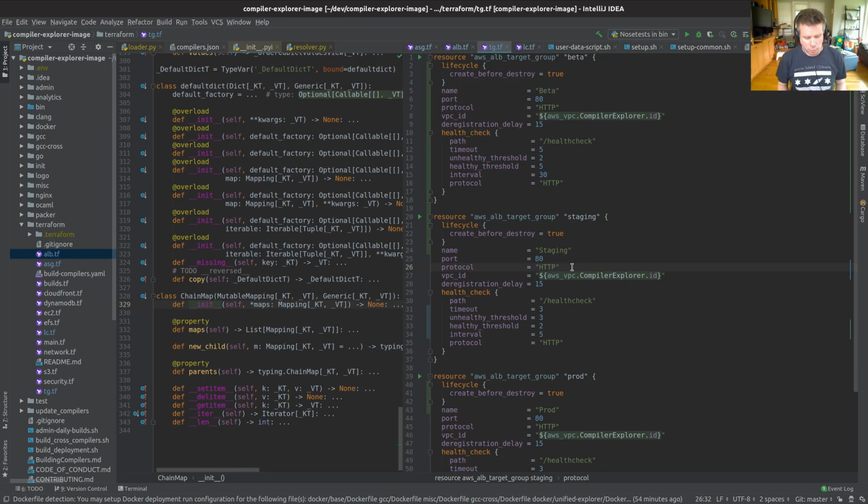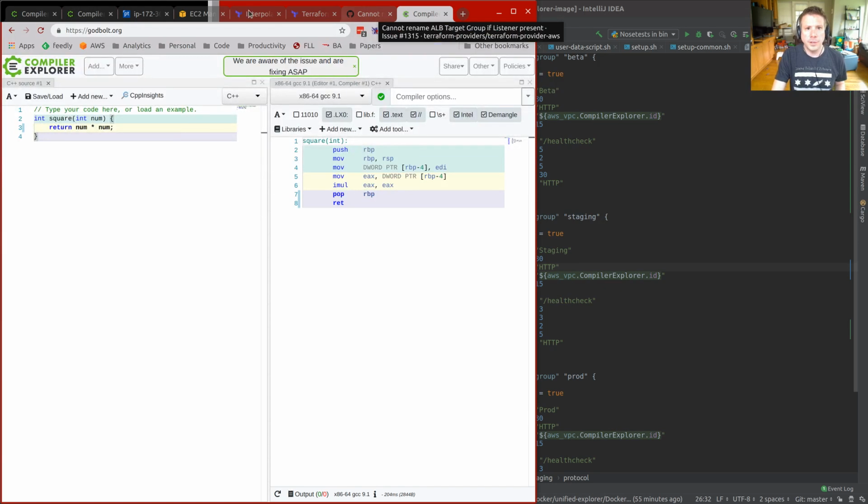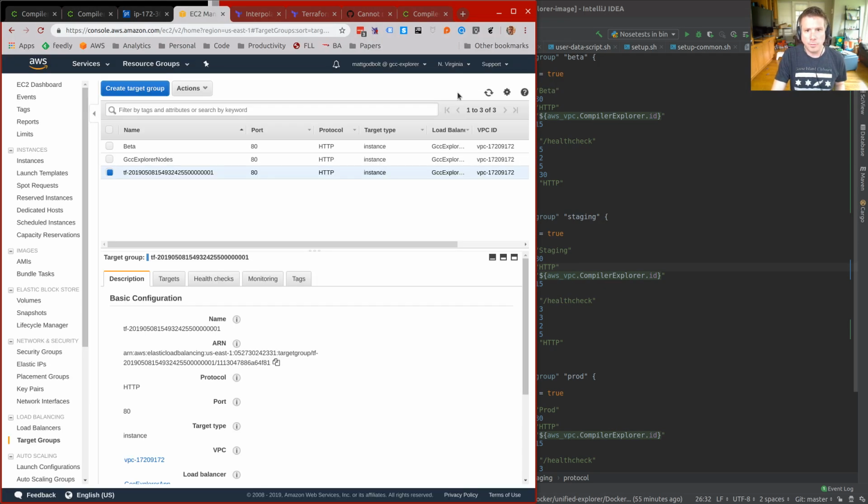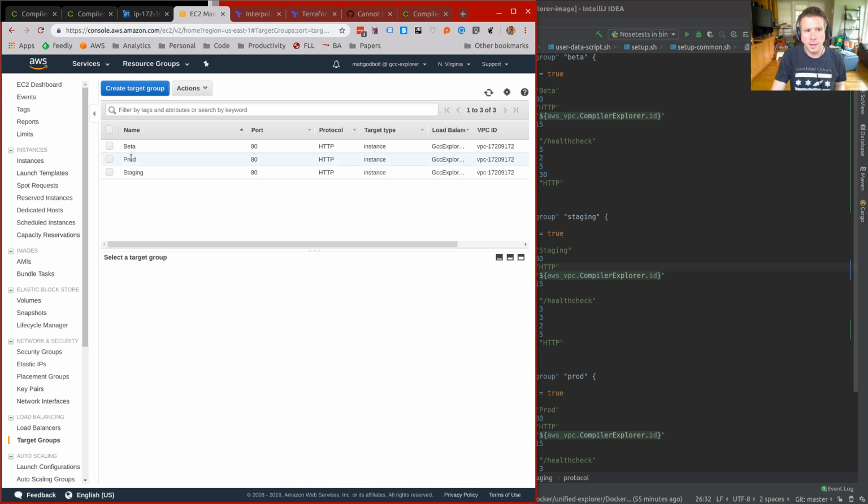Splendid. So let's go and look at the results of all that configuration. So let me refresh this. Beta, prod, and staging. Isn't that glorious? And so worth bringing the site down for 30 seconds to rename Compiler Explorer nodes to prod, right? So for those just joined or asking questions now, the staging group is a way of me separating beta, which will be genuine, pie in the sky, totally new ways of doing things, from staging, which is where we bring things up just to test that we're about to deploy something that actually works.